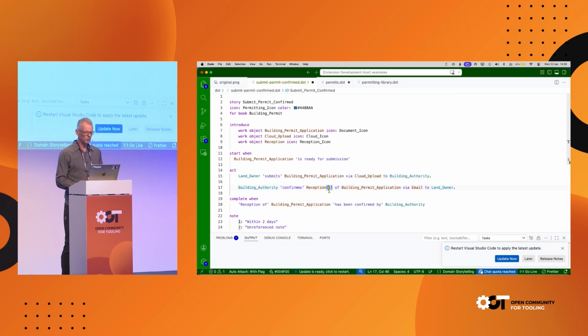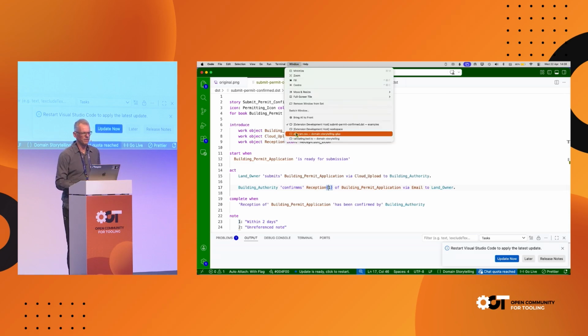We can even do the notes. So there's a little footnote here. It says within 2 days, and we have some consistency checking. For example, here's a warning that says, well, this annotation here has no reference to it. So there's a lot of comfort, and we can have a really rigid model with quite little effort. Now that's one part, and that's how you do that, and it's easy this way to do 50, 100, 200 stories because they will always be consistent, and it makes it easy for you to edit.